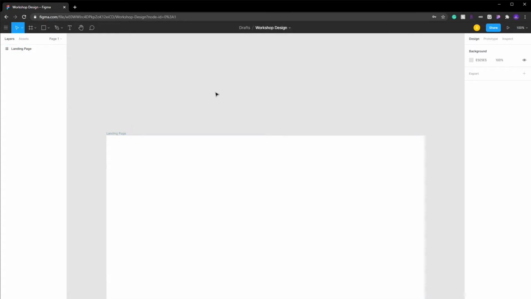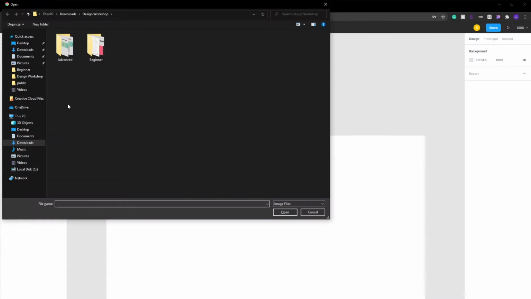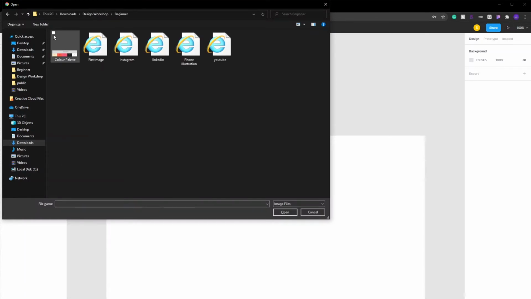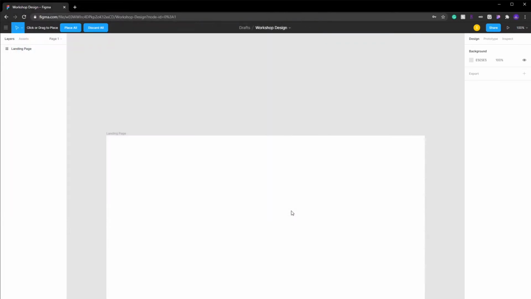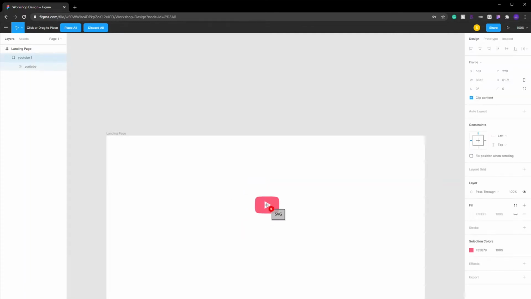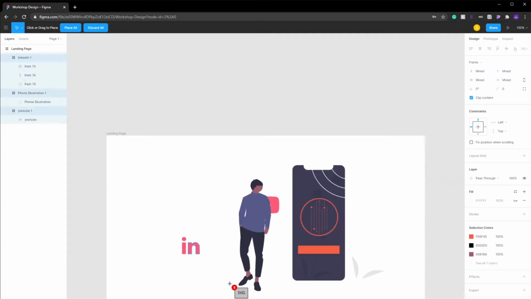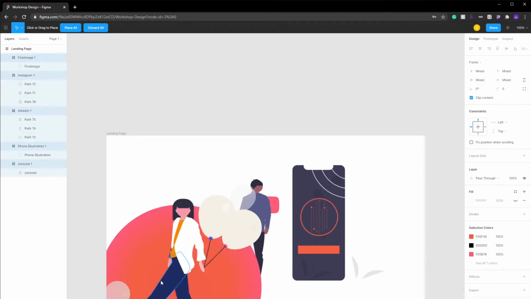So again, pretty much the exact same as Adobe XD, so you should be able to follow along relatively well. So to import again, you do Control-Shift-K instead of I, and then you can go to beginner, and you can go click, click, click, click, click, click, and open. And instead, Adobe XD automatically does it, but in Figma, you're just gonna click once wherever you want it. So I'm just gonna do that, and yeah,